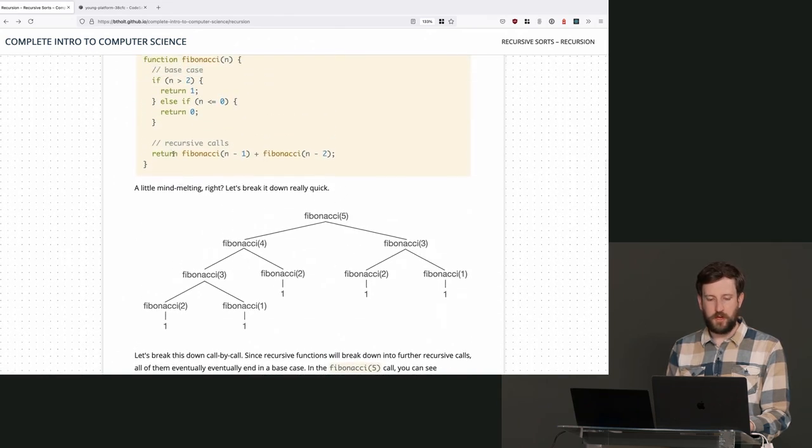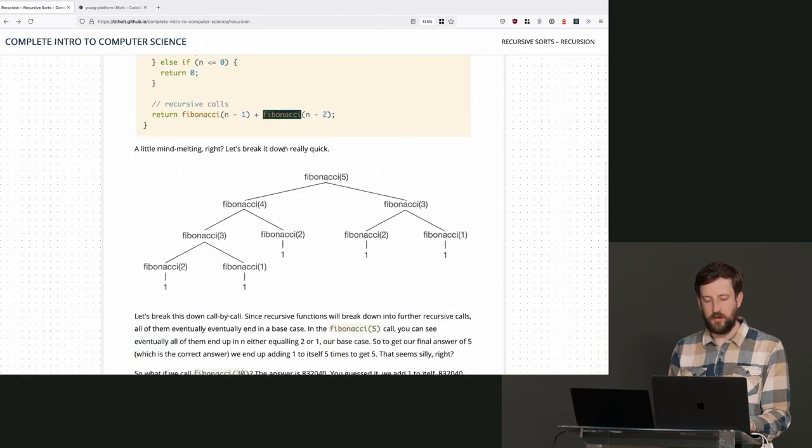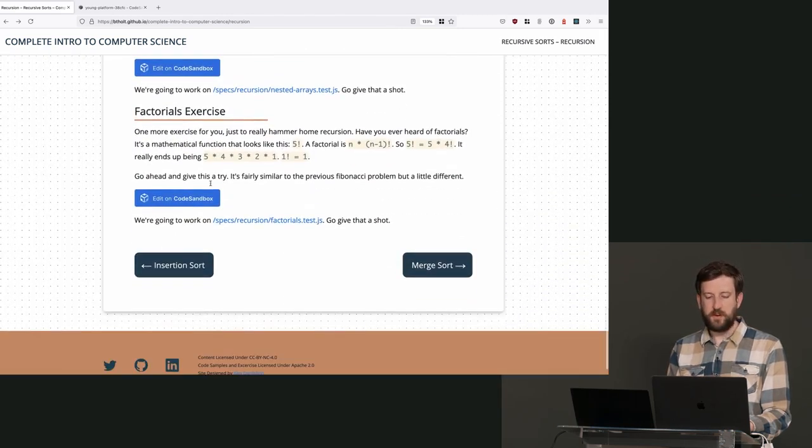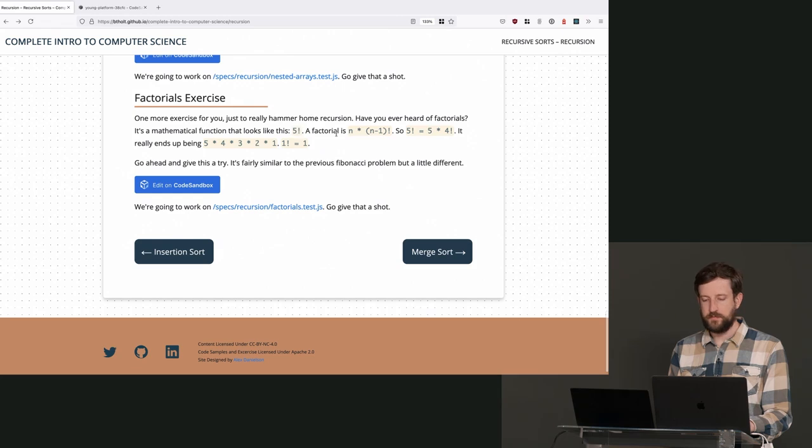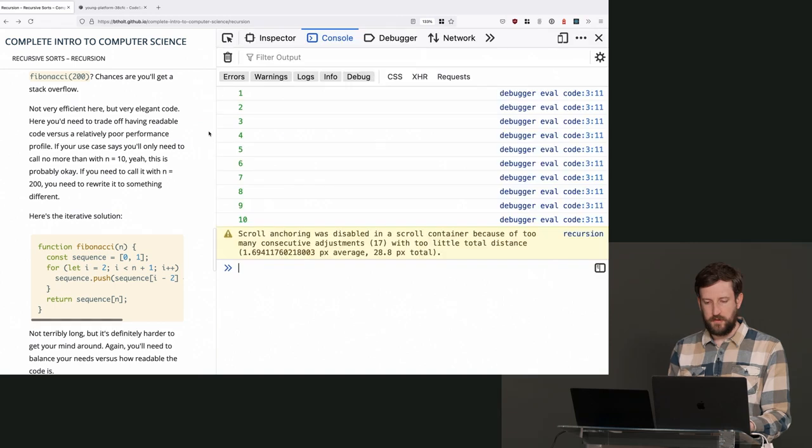The definition of Fibonacci is the Fibonacci of n minus 1 plus the Fibonacci of n minus 2. Factorials are pretty similar. If you have 5 exclamation point, which is how you write factorial, a factorial is defined by n times the factorial of n minus 1. So the factorial of 5 is 5 times the factorial of 4, right? So what this actually ends up being is, if I have 5 factorial,